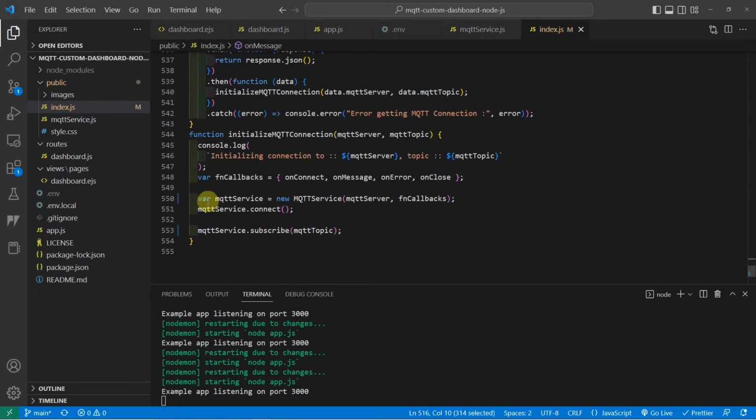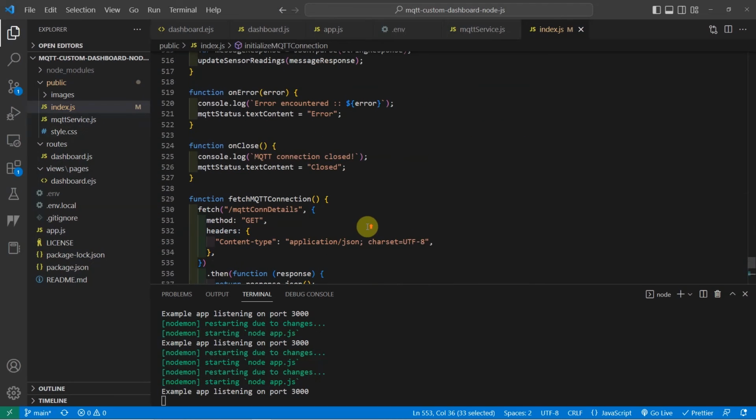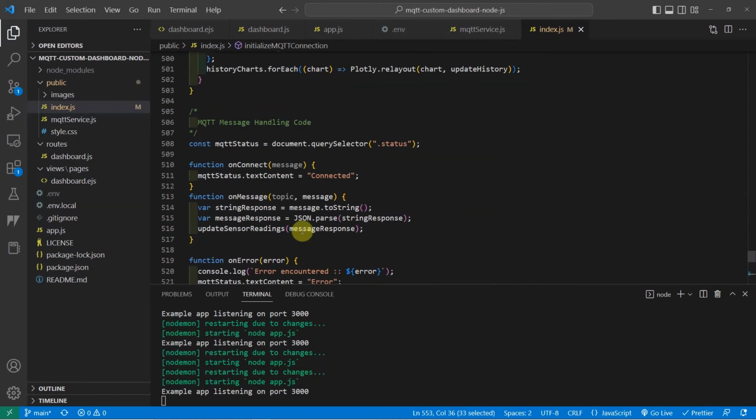As you can see in here, it's using the MQTT service class that I have defined and exported in this MQTT service.js, and it connects to the broker and subscribes to a particular MQTT topic. Whenever a message is received from the MQTT broker, I'm calling these callback functions, the onMessage, and I'm updating the sensor readings using the values coming from the message.